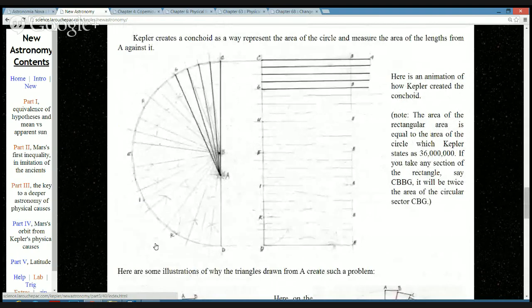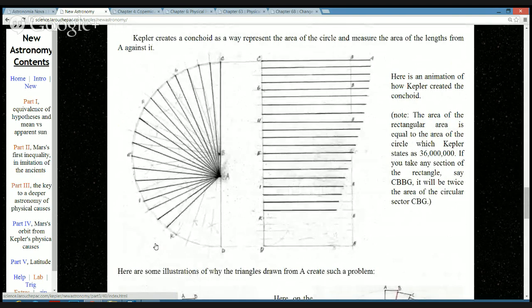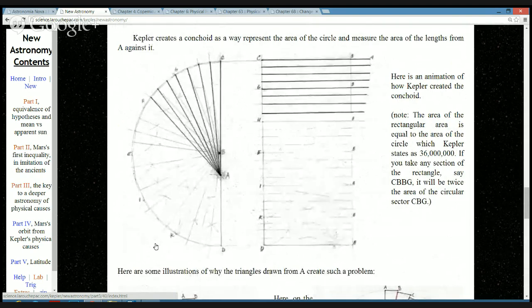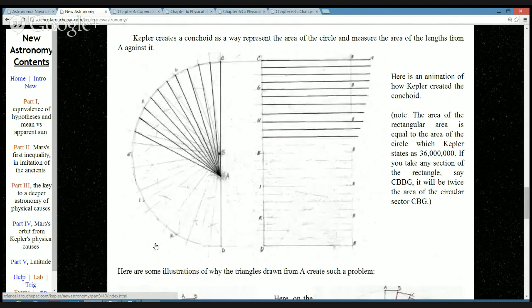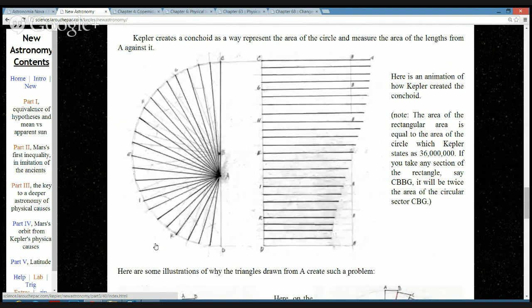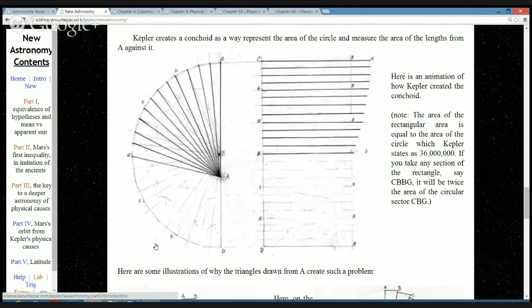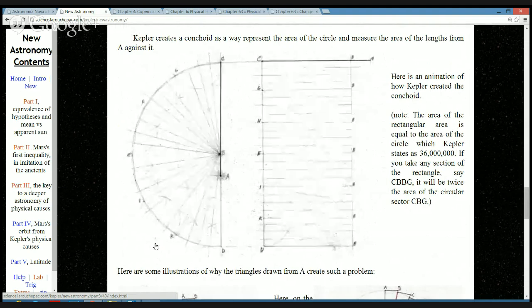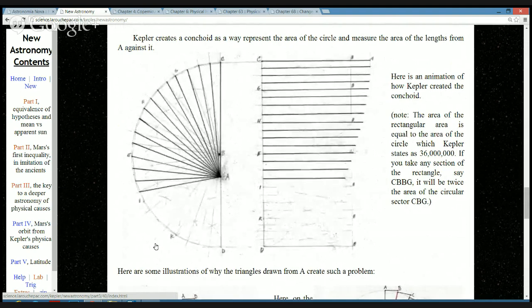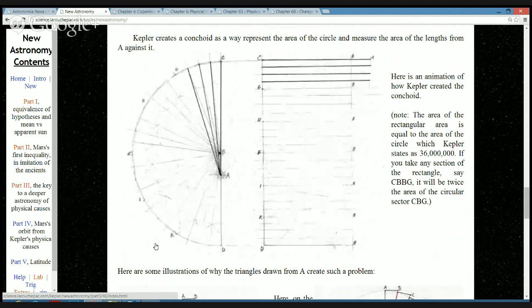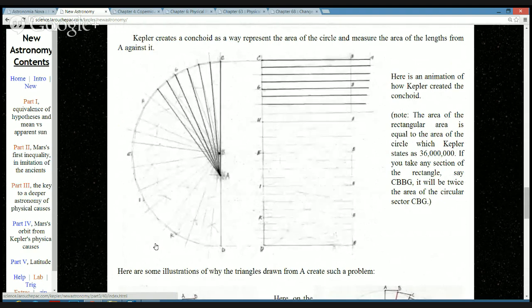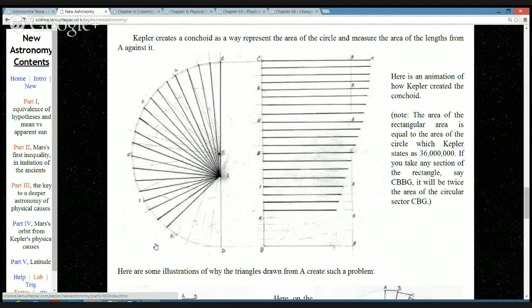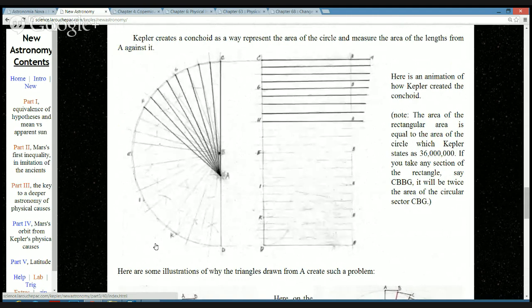The distance of a planet, that's a clear one, right? The distance of a planet from the sun tells how far it will take to move a certain amount. So on the left, you get a semicircle, let's say half the planet's orbit, and for it to move each of those 10-degree chunks, or however long that is, the time it takes will be measured by its distance from the sun. On the right, all those distances are put together in a flat way.